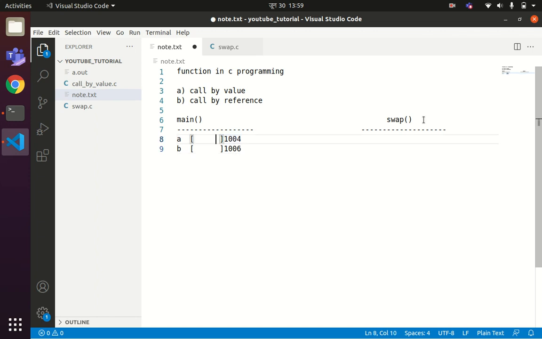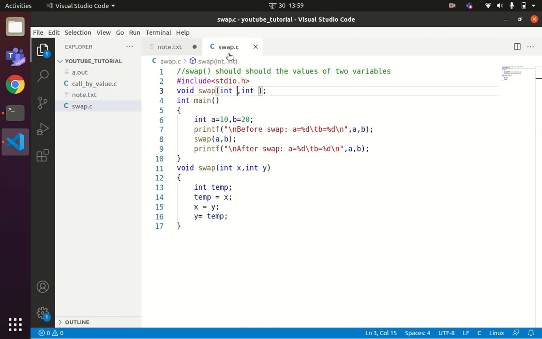So we have assigned the value 10 to the variable a and the value 20 to the variable b. After all this operation is done, after line number 6 is completed, we print the values of a and b. Now we call the function swap a b.